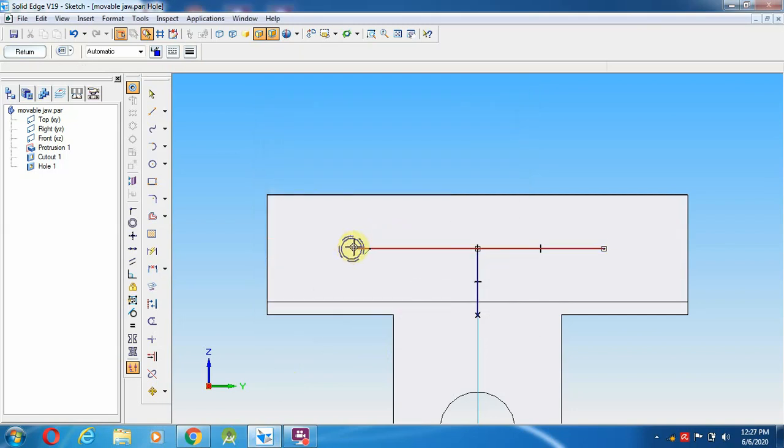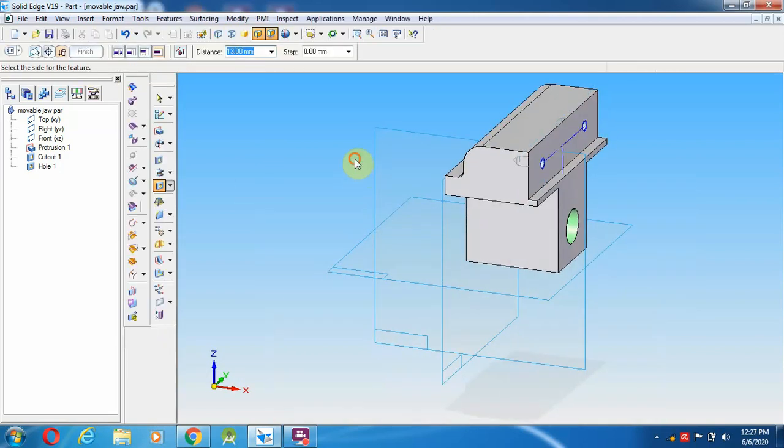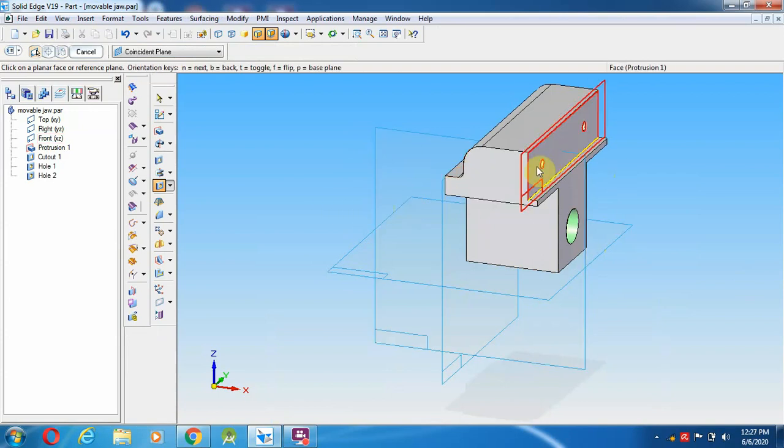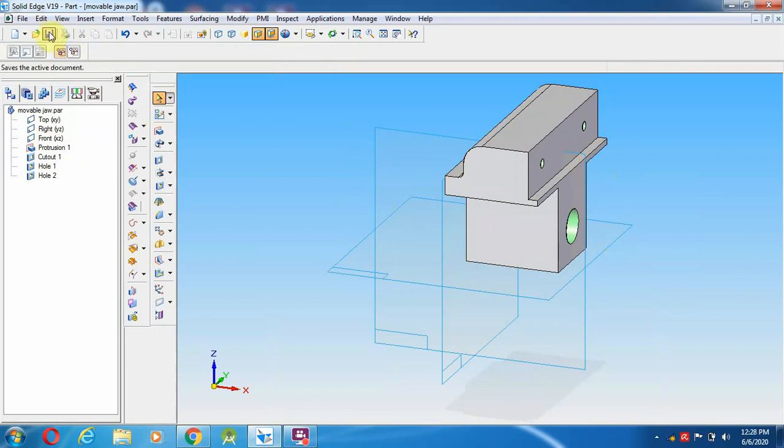Then I am going to select over here, then give return, left and right click. The hole has to be created with this threading. Okay, so now we can save.